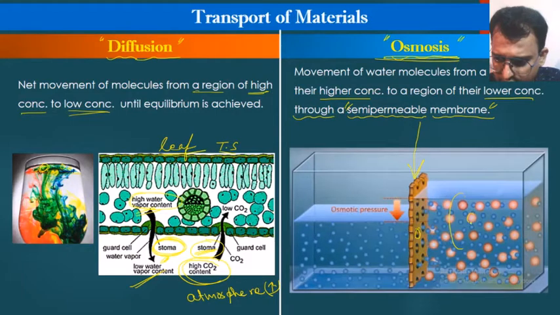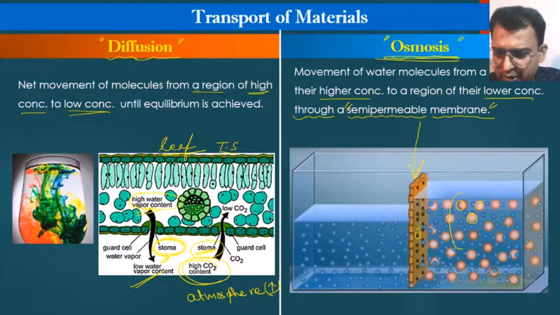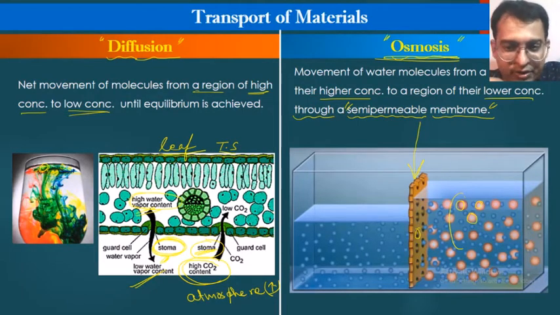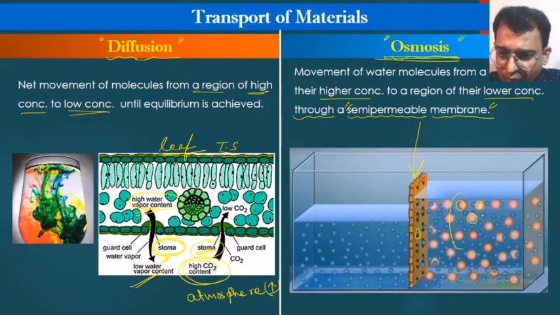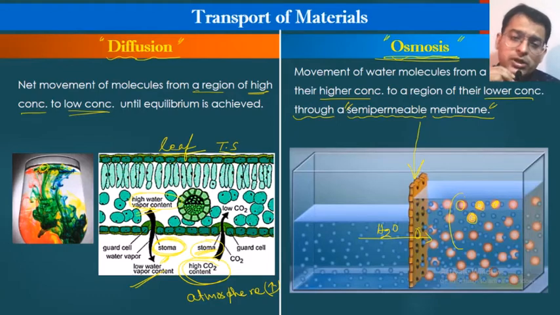And what we are seeing here are nothing but the other sugar molecules, salts and so on. The concentration of these molecules is very high here, that is, for example, sugars and salts are very high on this side. Here there are no sugar and salts. What is moving here? Water is moving, okay, water molecules. So are the salt or sugars moving through the semi-permeable membrane? No. Okay, so this is a very important point.